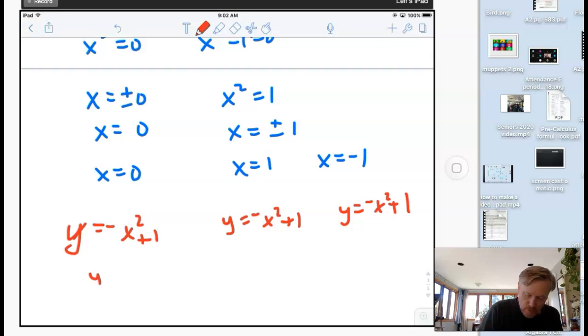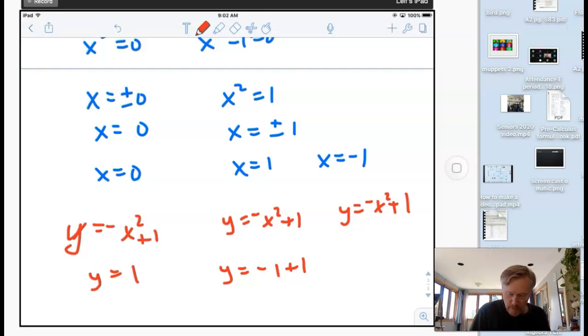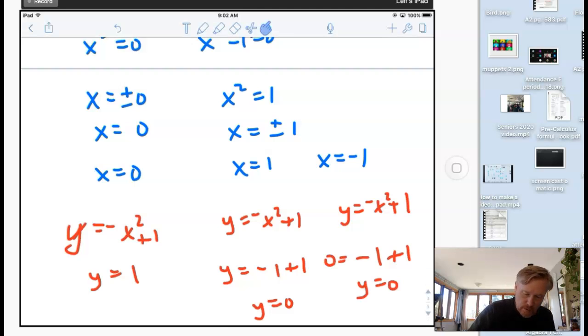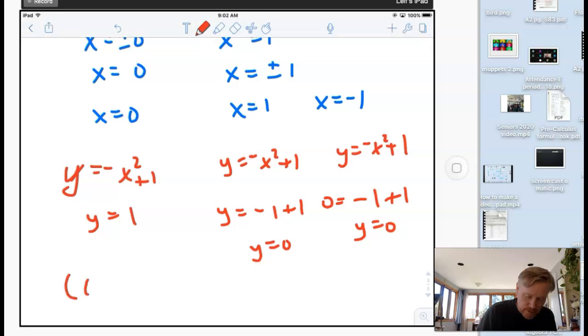So this one, y equals 1, because that's where x equals 0. This one, y will equal -1 plus 1, which is 0. This one, if I plug in -1, square it, it becomes +1, then it becomes negative. That one's also 0. So here are my three pairs of coordinates: 0, 1,